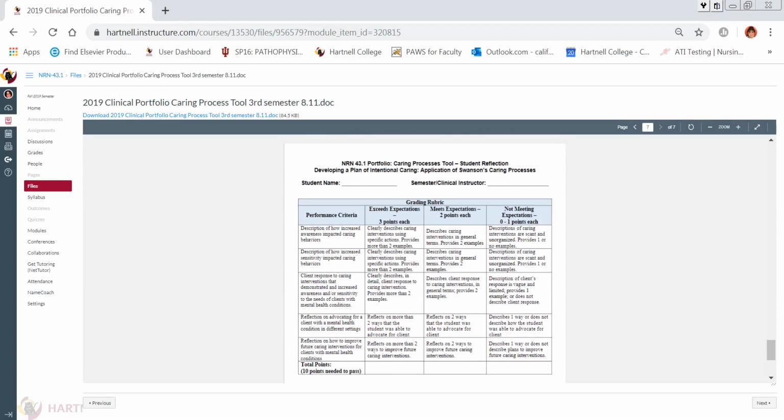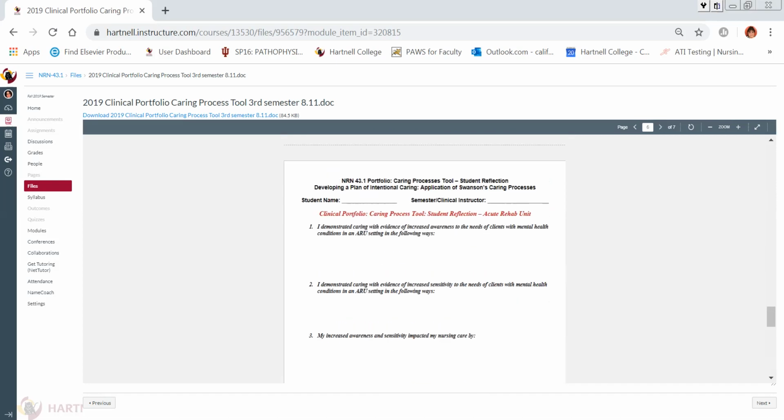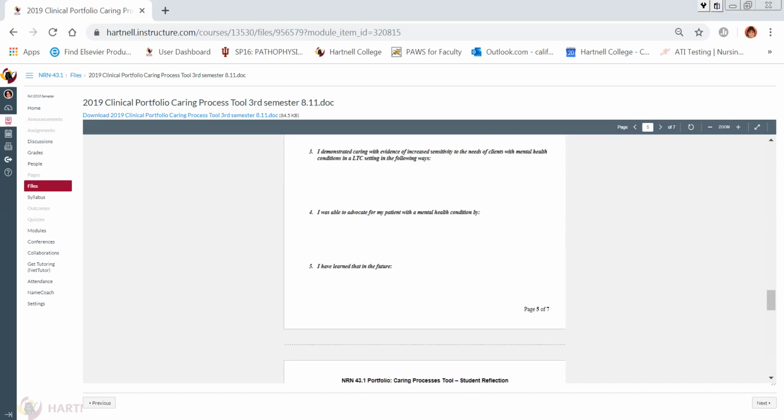You need a minimum, it's actually 10.5 points, but 10 points to pass. We're not doing points. However, this does let you know, since it is a pass or fail course, if we set a benchmark, and you meet the benchmark, then you pass that assignment. So that is the caring process tool. Let's move on